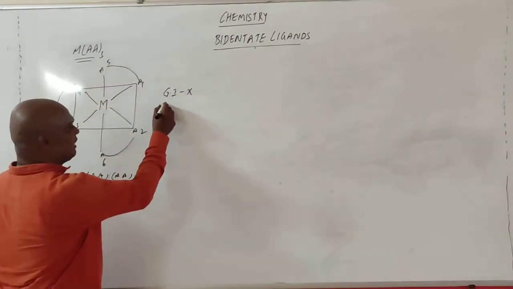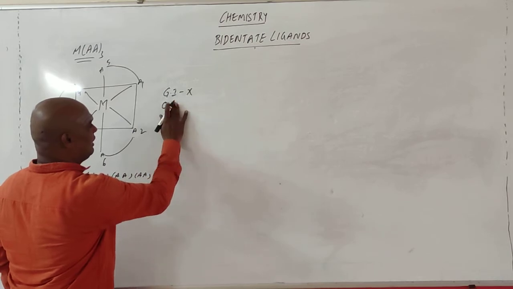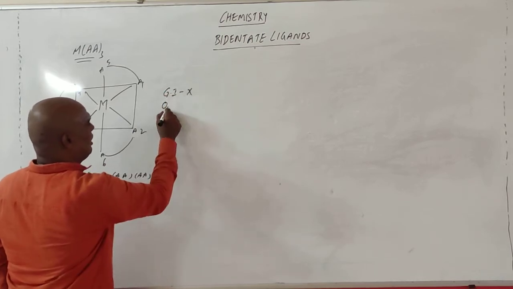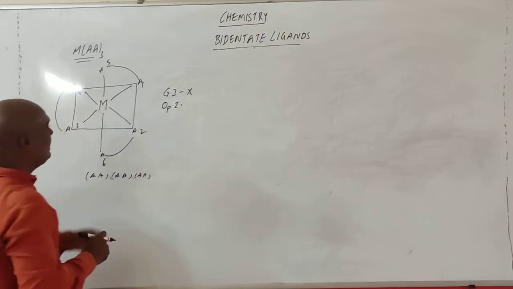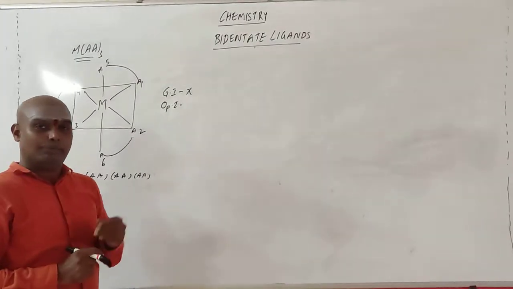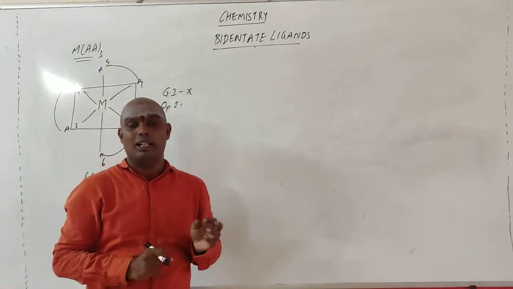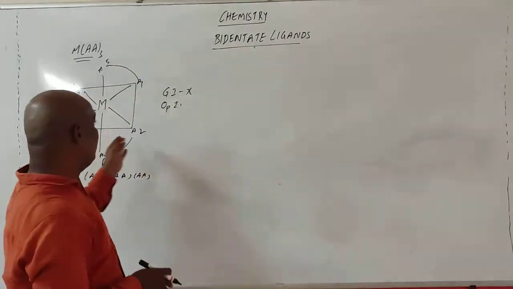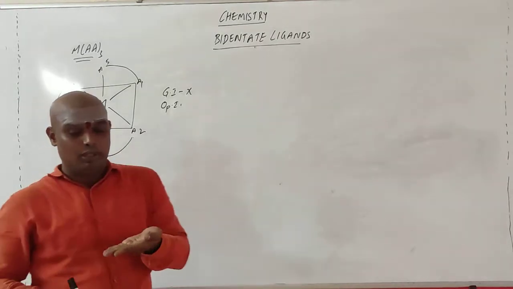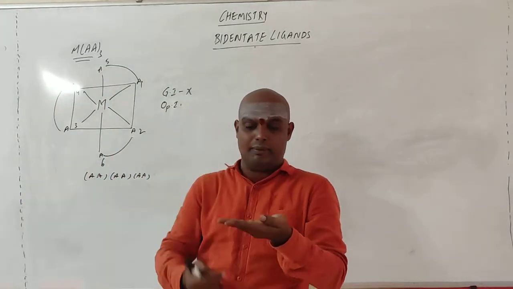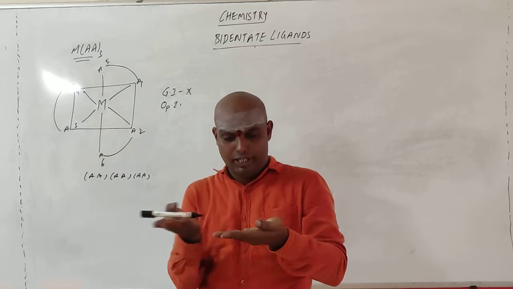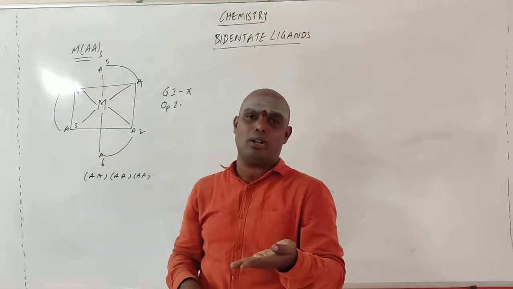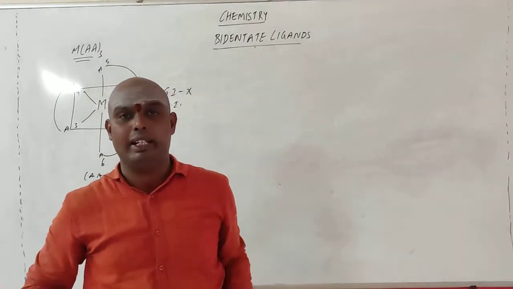Going for optical isomerism. So let me write. Optical isomerism. See, can you cut this one into two? Go for the plane of symmetry. Plane of symmetry means if you cut that molecule, the two halves should be the same. Can you cut this molecule? You can't, because like this it is present, from the bottom it is linked. Any cross section you take will not be equally divided.